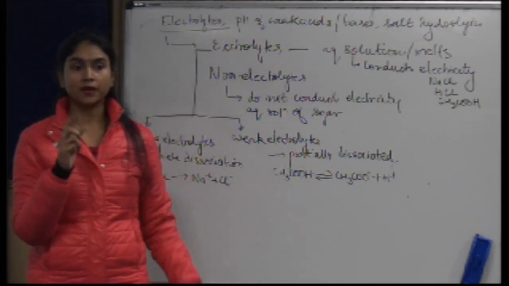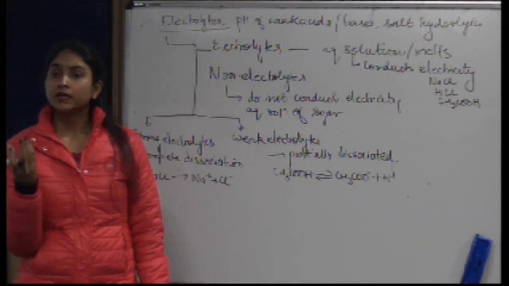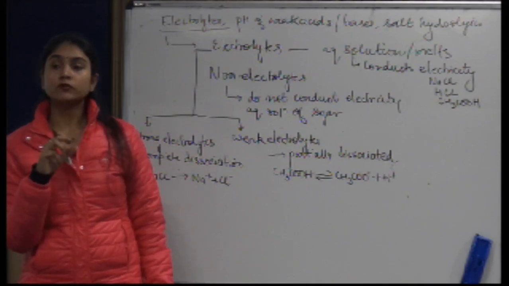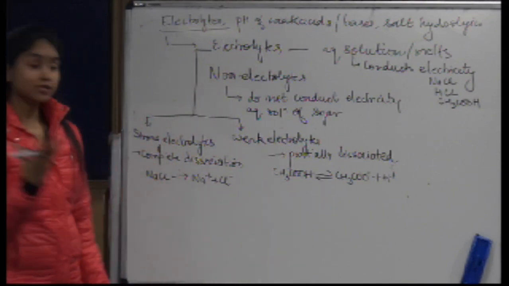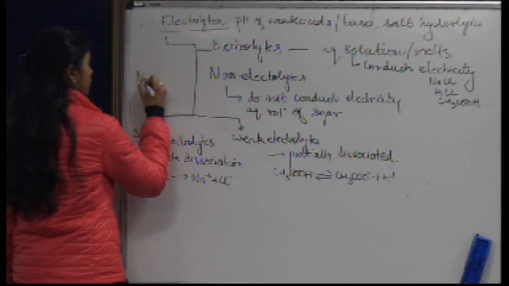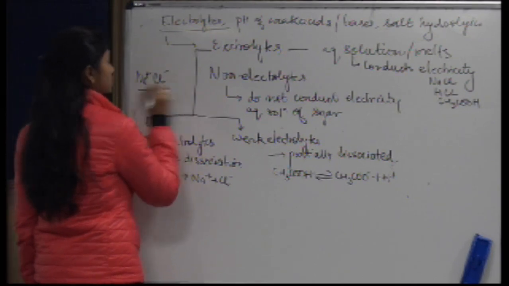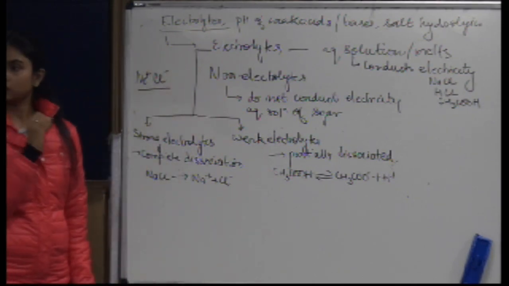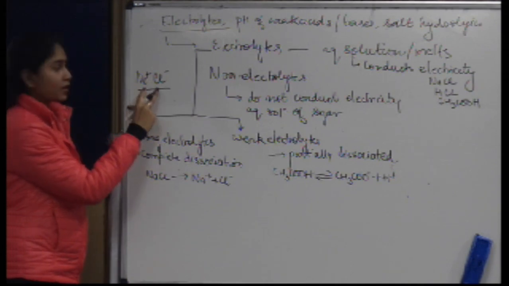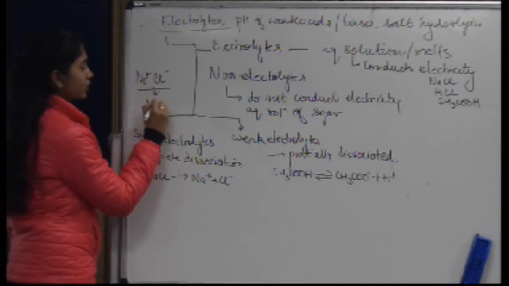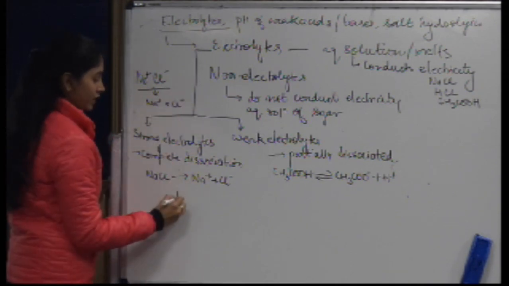In dissociation, for example, sodium chloride is always present in the form of sodium ions and chloride ions in its solid or a melt. You can always represent sodium chloride like this. There are strong electrostatic interactions, and when you dissociate this, it gives you sodium ions and chloride ions. Whereas HCl is a